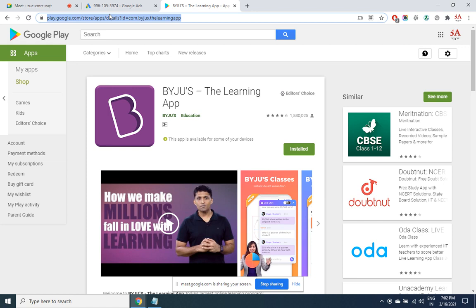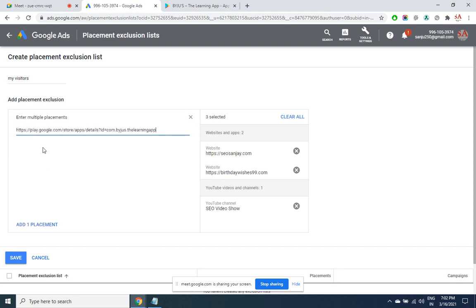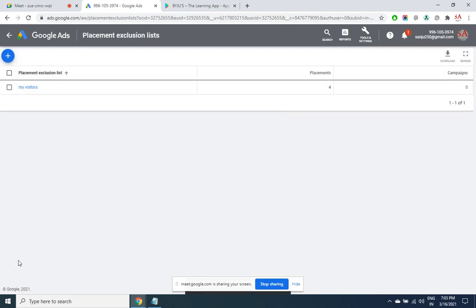So Control C, copy the URL, place it here. Okay, here. So like this, you'll be able to even avoid that coming into apps, websites, videos, YouTube channels, whatever. Click on save. So inclusion, we know how to do it.